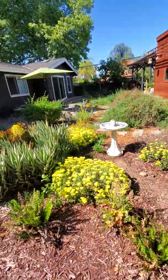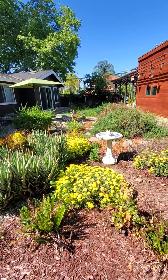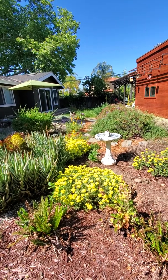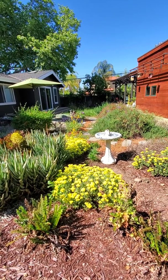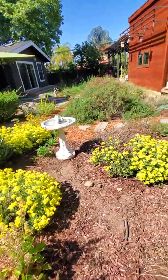Okay, so super pretty. Oh my gosh, look at this. This is one of my favorite views. Look at those sulfur buckwheat. Aren't they beautiful? That color is unbelievable. It's just unbelievable. And look over here,